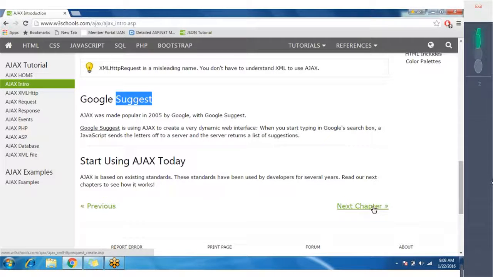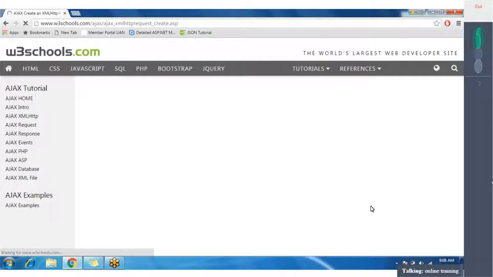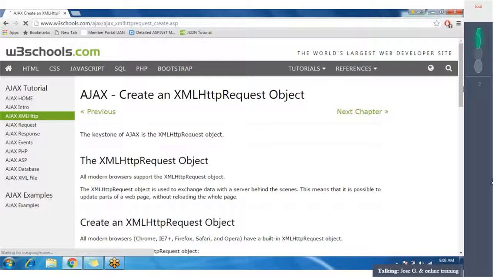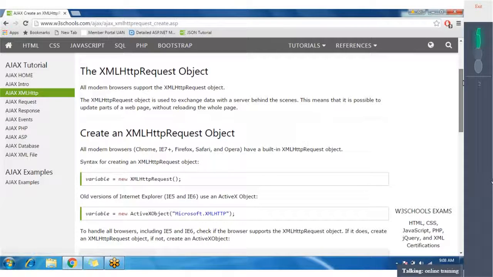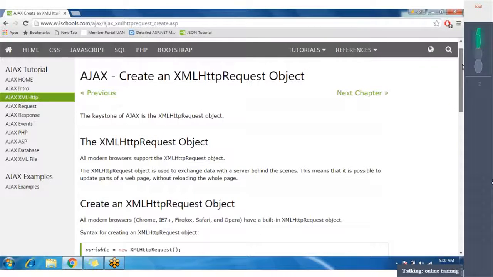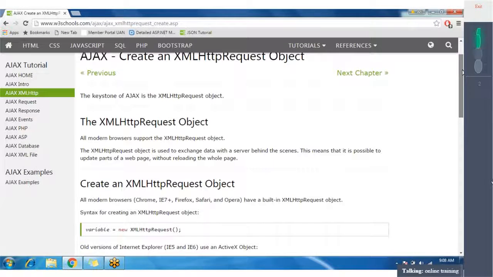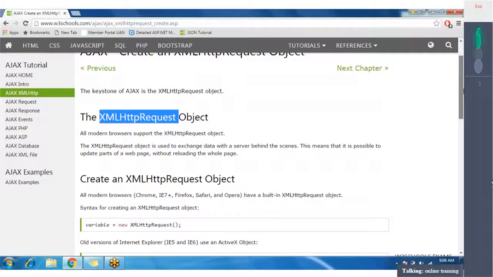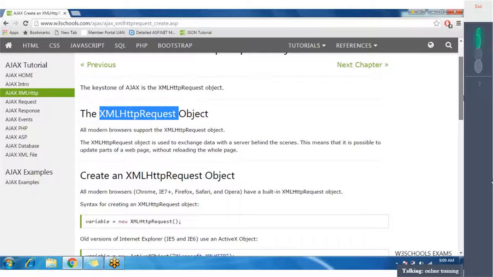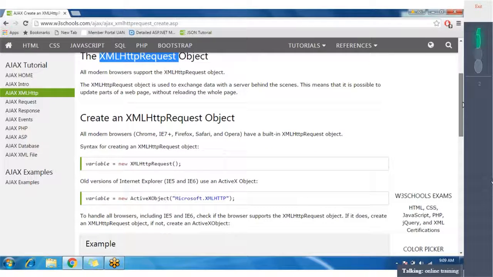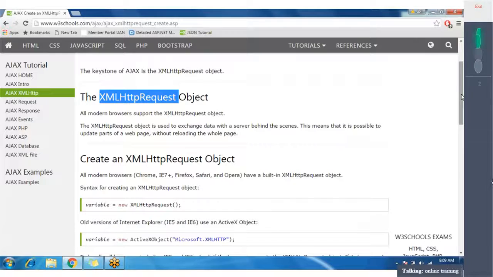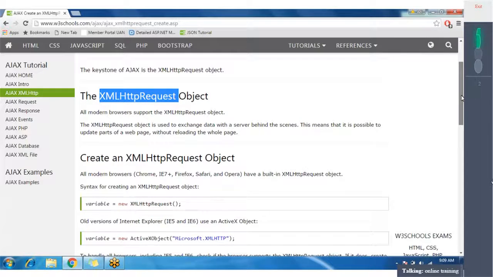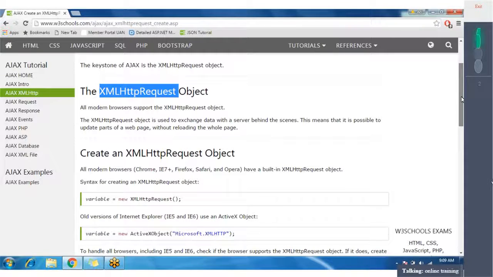Okay, so create an XMLHttpRequest object. With the help of this object, which we have already done, we can make an Ajax call if you don't want to use the jQuery Ajax method. So this is the pure JavaScript way that we can do it. We have to create the instance of that object, something like that.